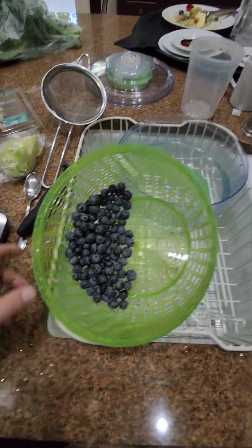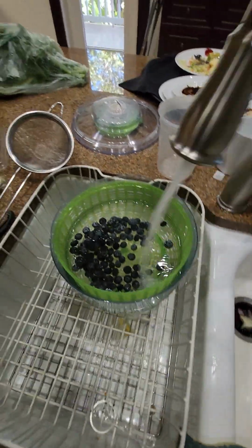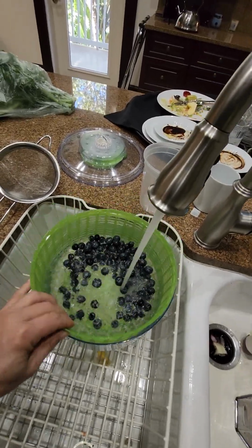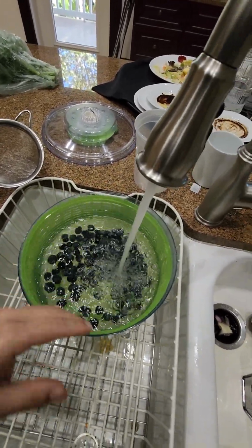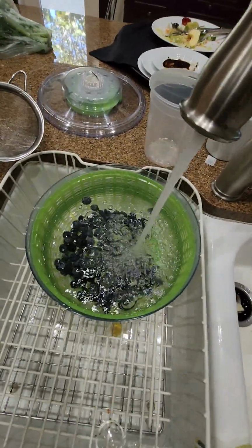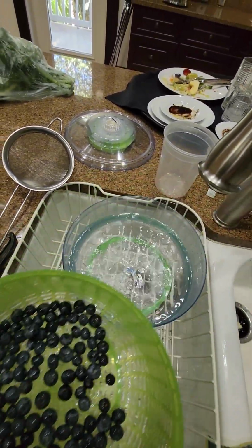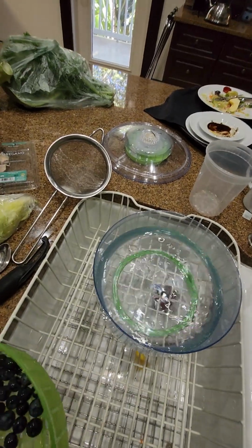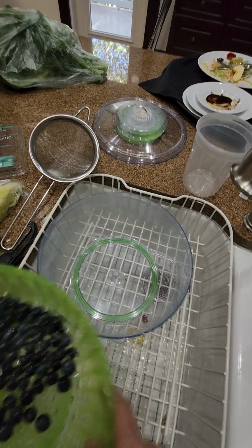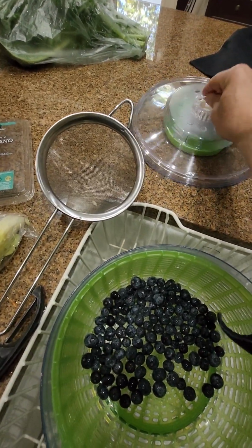So this is a spinner. It works like this. Water. I'm showing you because some people never even thought about it. Okay? Change the water a few times. Cold water. In Florida, sometimes we have that problem over there. And then it's called a spinner. You remove this water. Spinner because it